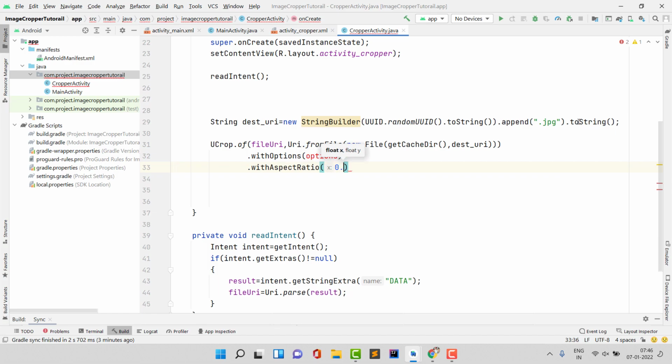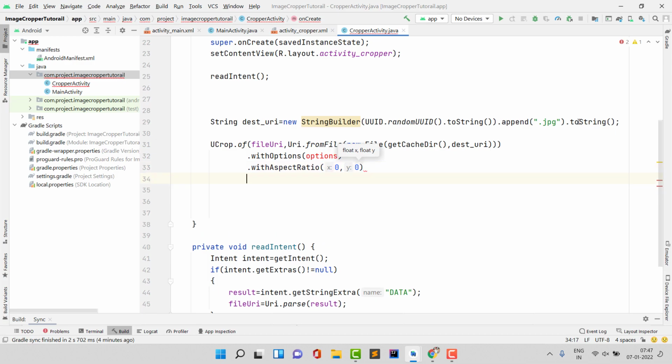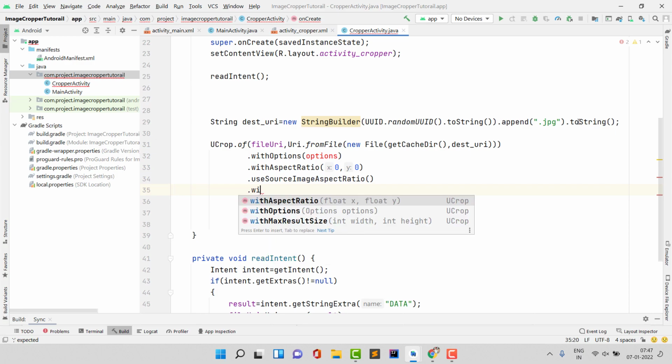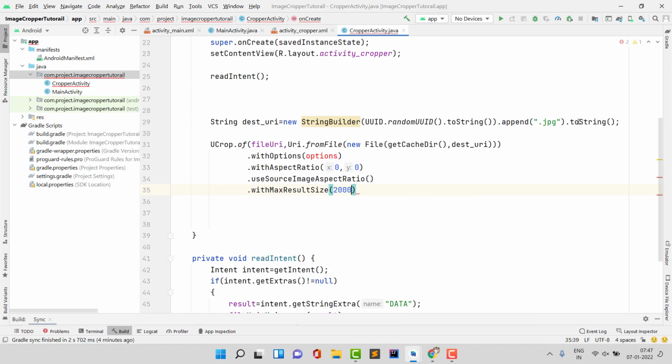pass here 0,0 and 0,0. And if you want a specific size cropper, then you can pass here 16:9. It is totally dependent on you, whatever you want. So I am passing here 0,0 because I need all types of cropper according to my image. Then I have to again type here useSourceImageAspectRatio. We are going to use, then type here withMaxResultSize, and we are getting the result in highest